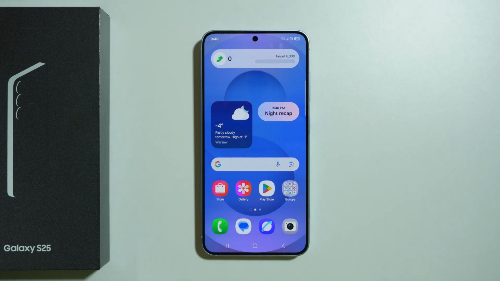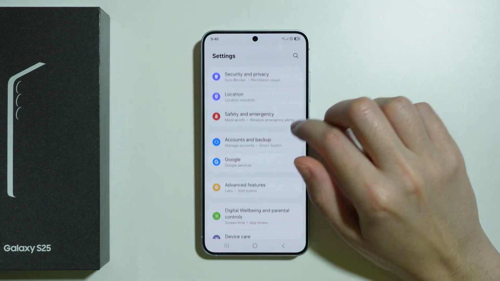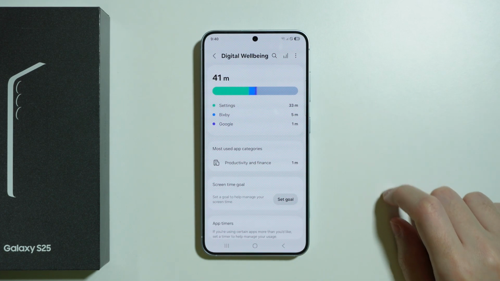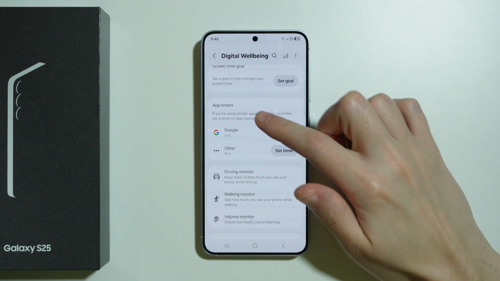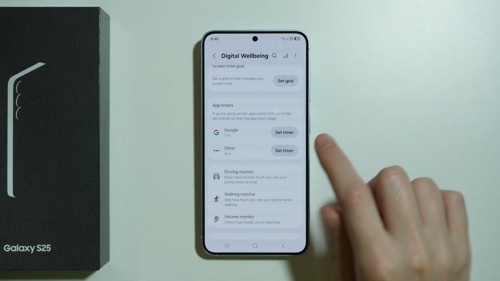If you want to set up app timers on Samsung Galaxy S25, then we need to open Settings. Now we need to scroll down until we find Digital Wellbeing and parental controls, and let's go over here and then scroll down again to find App timers here. Now in order to quickly set up a timer, we can use one of these suggestions and press the Set timer button,